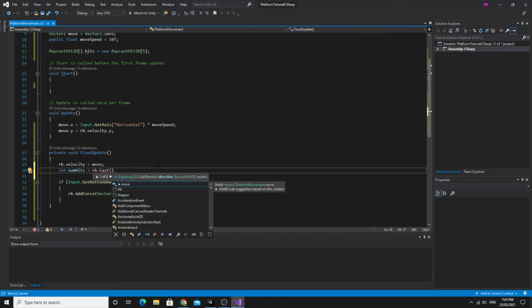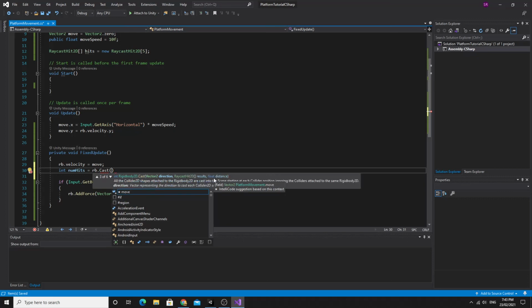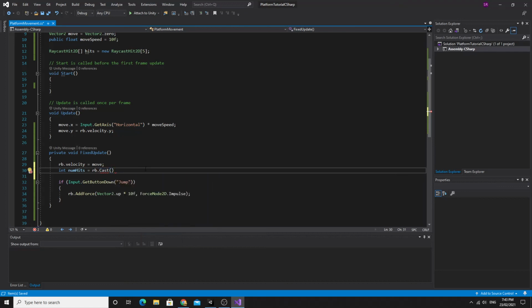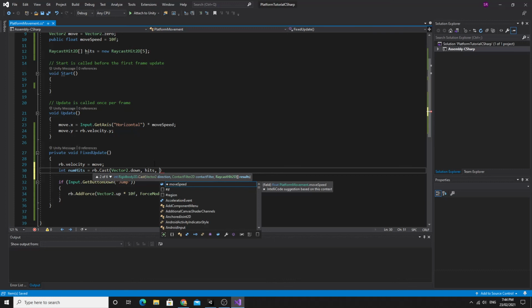So if you look this up in the documentation, this Cast allows us to cast in a particular direction, store that in a particular location, and give it a particular distance as well. So if we look at some of the overloads for this, you'll be able to see one of them requires a distance. So I've got a direction, the results, and a distance. So we'll go from rb.Cast, we'll say the direction will be Vector2.down, which makes sense. The array to store the results of the cast is called hits, which I initialized at the very top of my code, and the distance will be